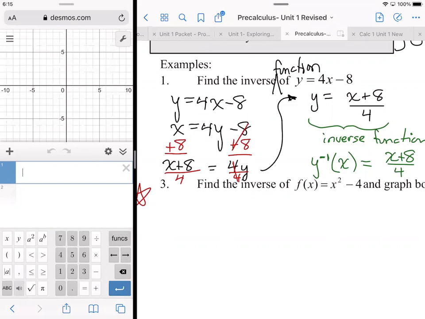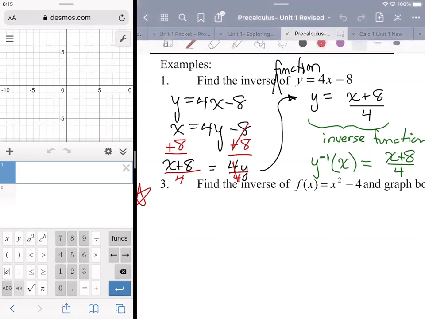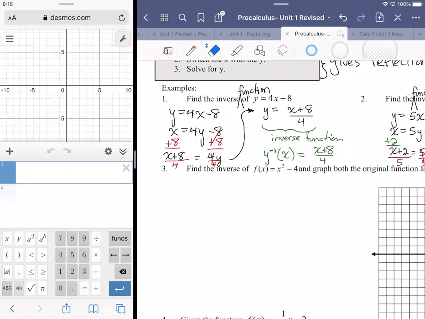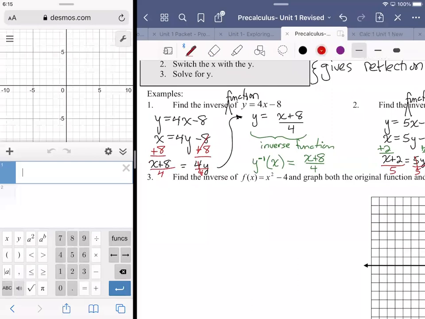When it comes to creating a graph, the general rule of thumb is you could do it with Desmos, you could do it by hand. It's up to you. I don't have any particular requirement in terms of the method that you use to create a graph. All right, so find the inverse function